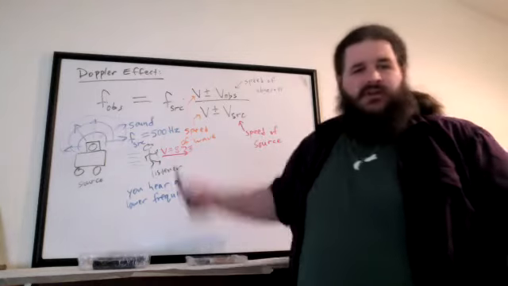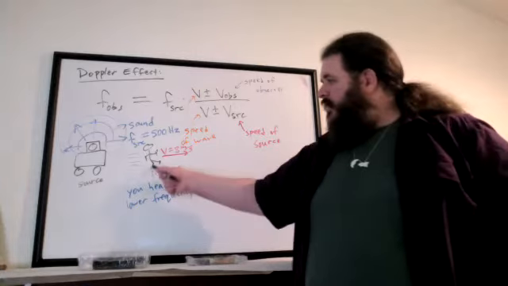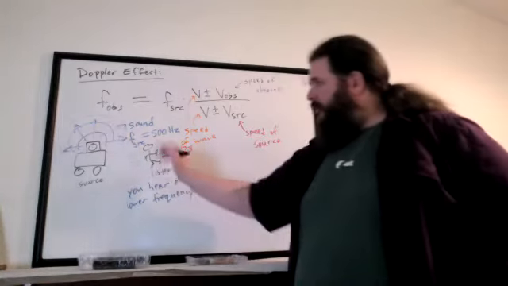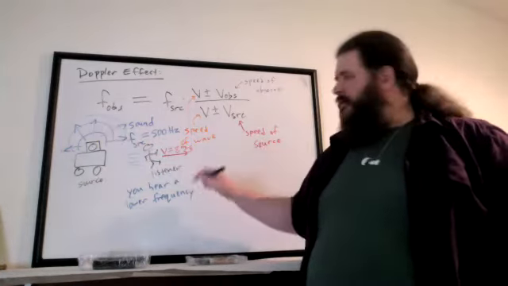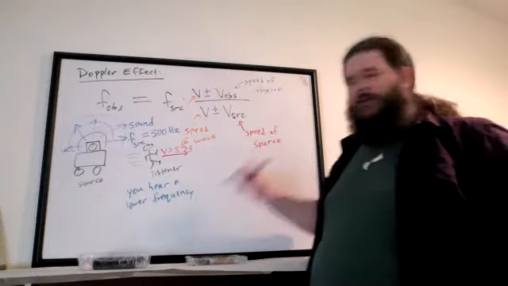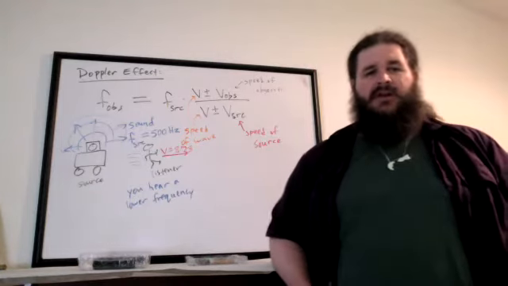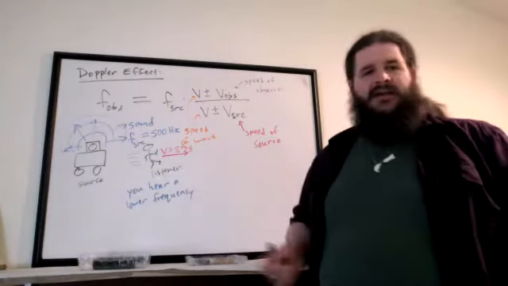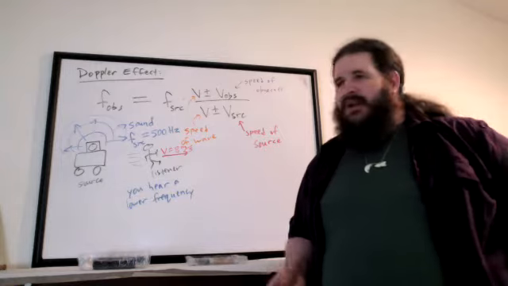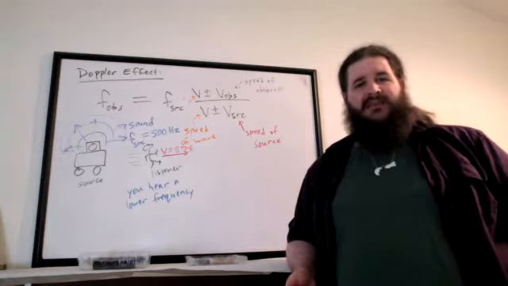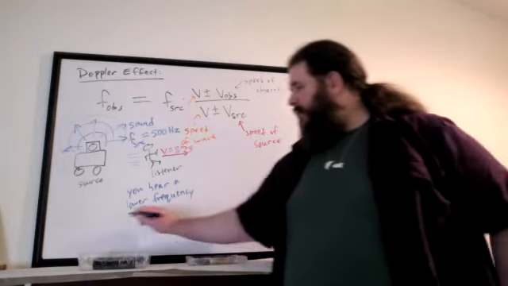If you hear 500 hertz, that means you're receiving 500 wavefronts hitting your eardrums per second. But if you're running away, one wavefront hits you, but then you run a little distance. The next wavefront approaching has to go a little bit further because you've moved away. Move away further, the next wavefront has to go even further. So each subsequent wavefront takes a little bit longer to catch up because you're moving away. Each wavefront has to travel a little further than the previous one did. So that means you're spreading out the waves in time. You're not being hit by as many waves per second as the speaker is producing. So that causes a lower frequency.